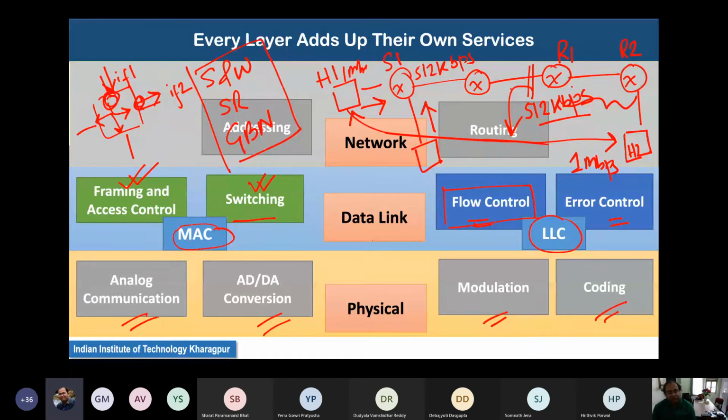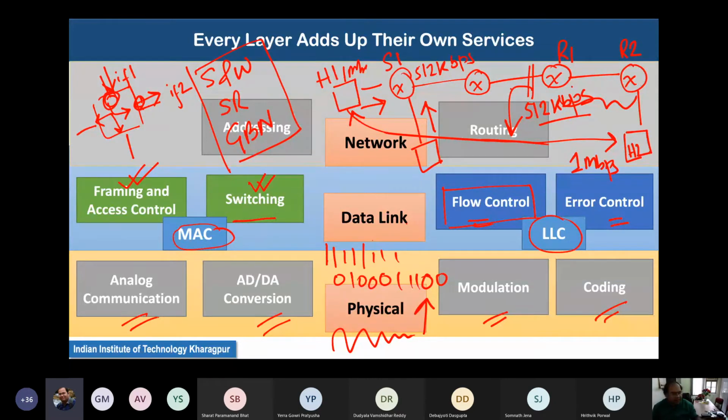On that black box, you can just assume that multiple different signal processing techniques are implemented here. It converts the signal which is received at the physical layer to the corresponding bit stream. The bit streams are zeros and ones. So these are the functionalities of the physical layer. It takes the signal as an input, applies modulation, coding, A to D, D to A conversion, all these techniques, and finally generates the bit streams out of it. So this gives you a broad view of the functionalities which are there in the data link layer.